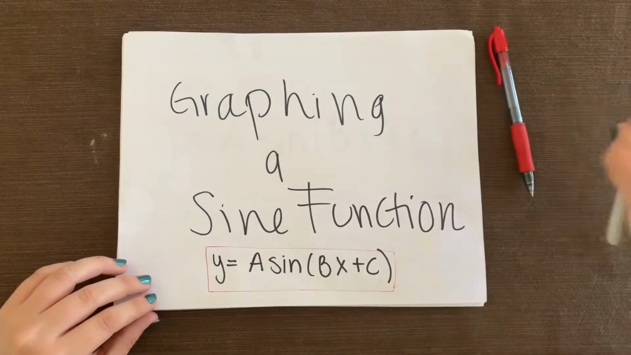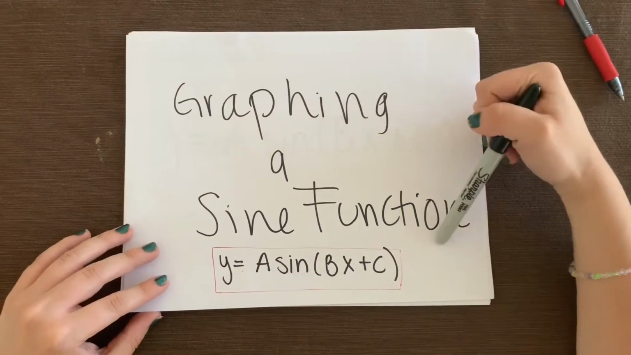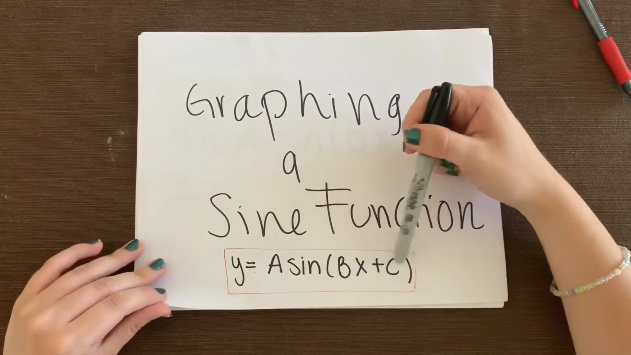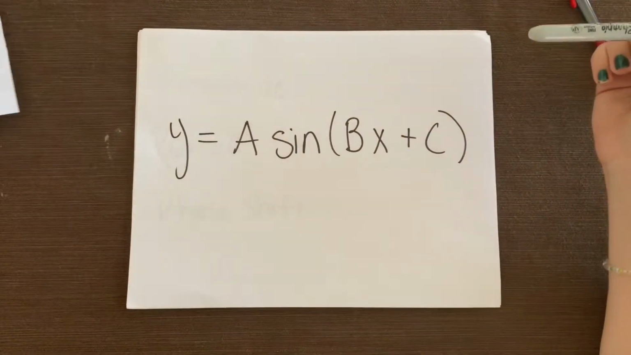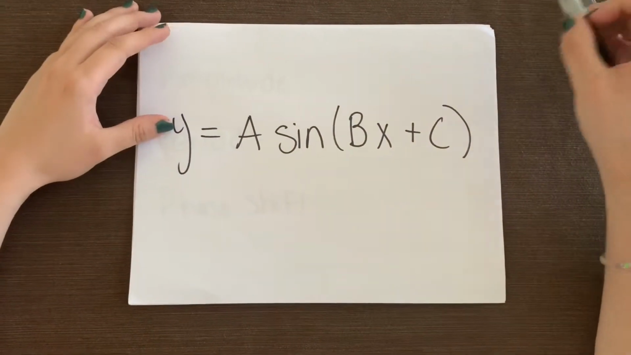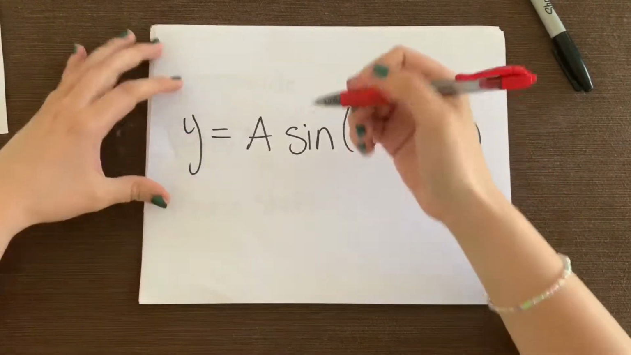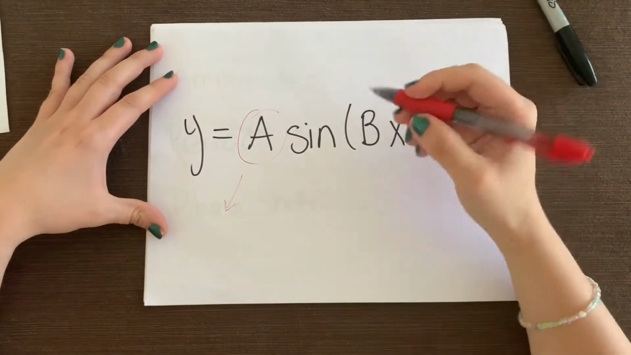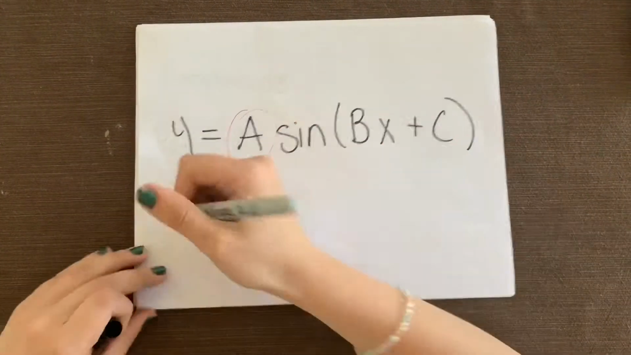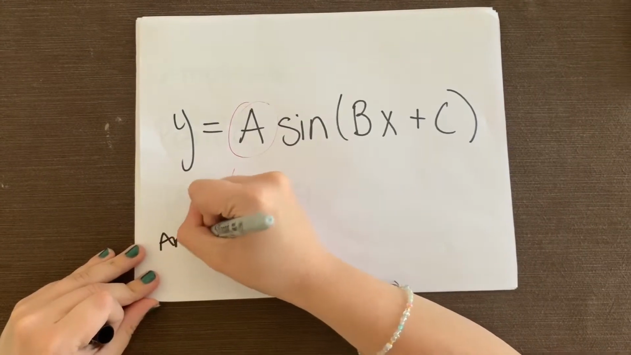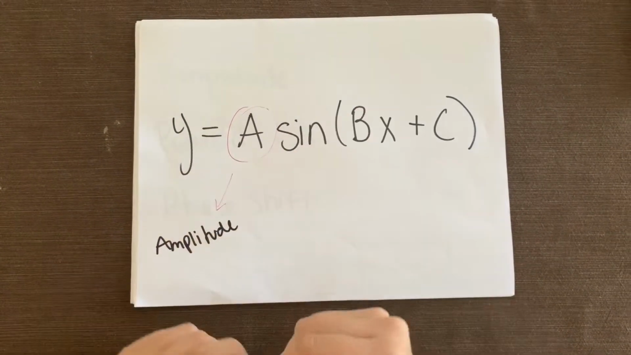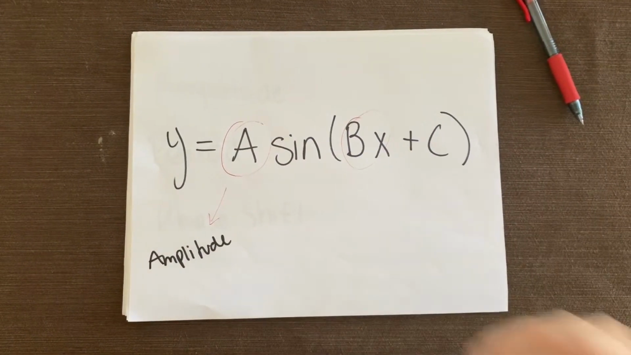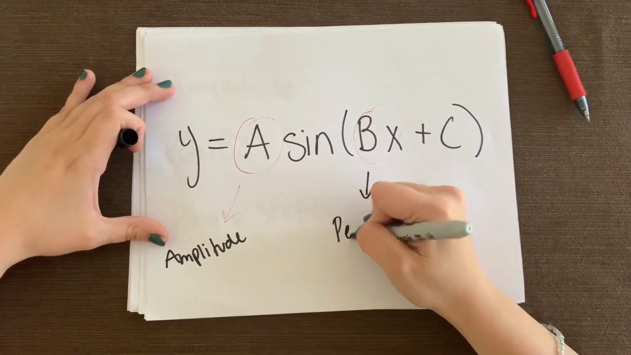Okay, so today I'm going to show you how to graph a sine function using the y equals a sine bx plus c equation. As we know, the a will always represent the amplitude. So this is going to represent the amplitude. The b is going to represent the period,